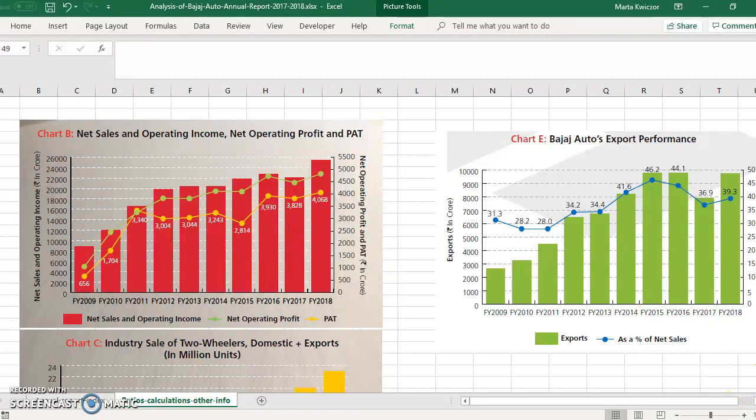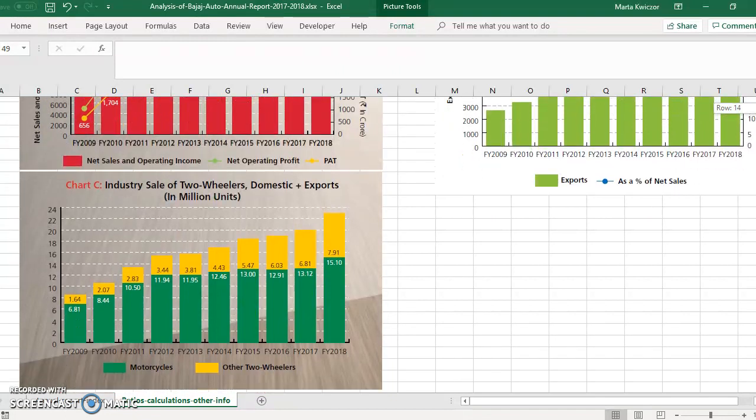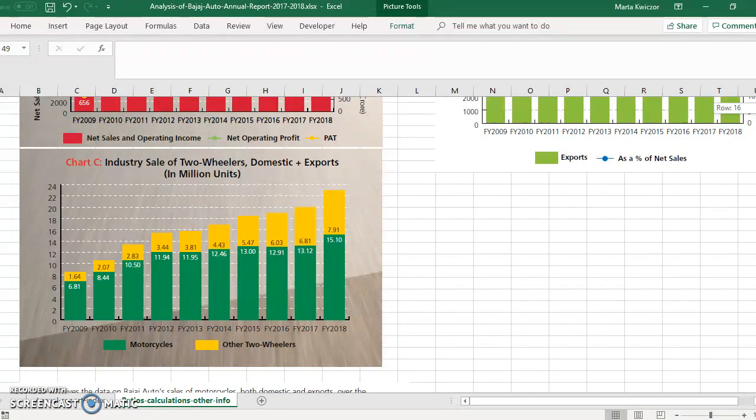This is where you need to be really careful. I've seen that a lot of people just club Bajaj Auto as a two-wheeler company and just compare it, which is not correct, because a big portion of its sales also comes from three-wheelers. I'll try to explain why it is important to differentiate right at the beginning. It makes two-wheelers and also three-wheelers. And here they have just given the